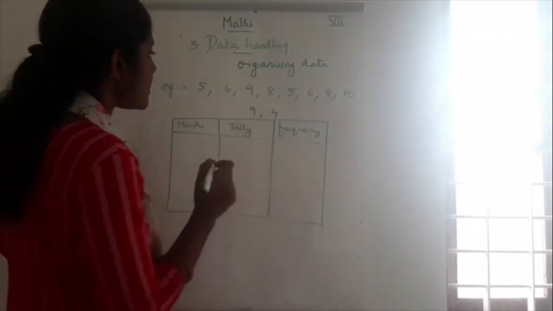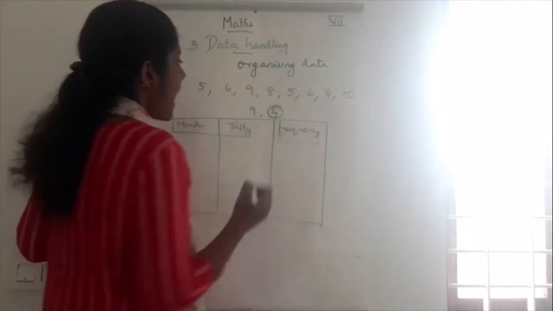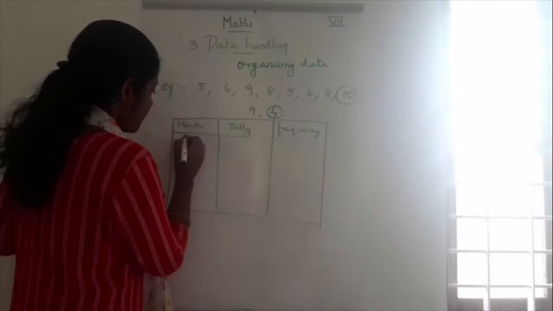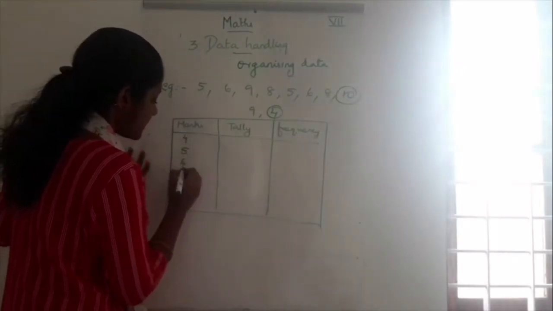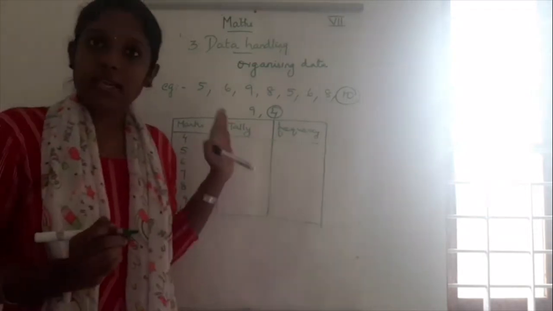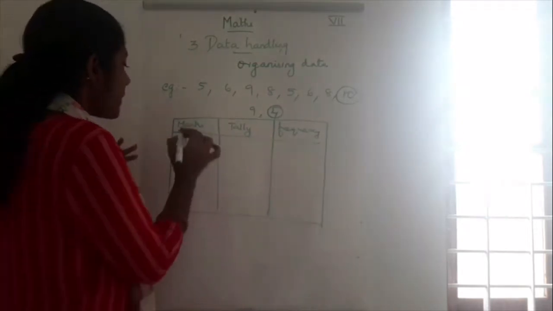Here the smallest or the least mark obtained is 4 and the highest marks obtained is 10. So we are going to arrange it 4, 5, 6, 7, 8, 9 and 10. Like this we are going to write up from 4 to 10. Then we are going to write